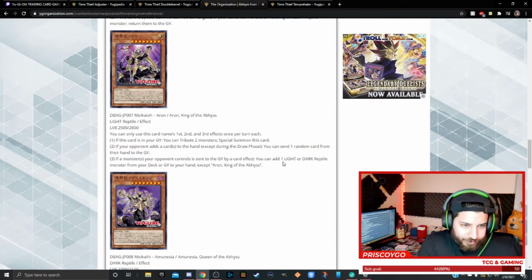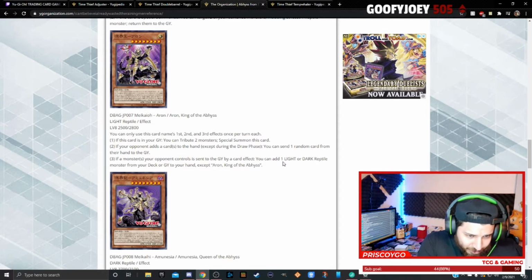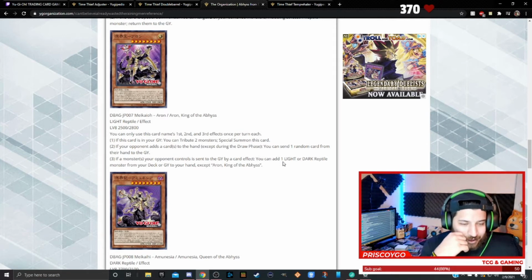Mekaio Aaron, the King of the Abhyss. You can only use this card's first, second, and third effects once per turn each. If this card is in your graveyard, tribute 2 monsters, special summon this card. If your opponent adds cards from their deck to their hand, except during the draw phase, you can add a card to their hand. Doesn't matter where from. You can send one random card from your opponent's hand to the graveyard. Okay, I see how